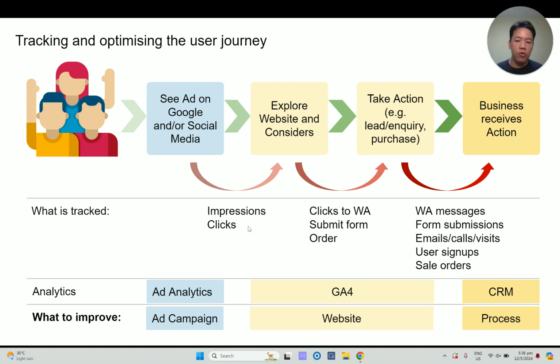So if you are moving more towards the conversion end, and you have high impressions and high clicks, and a high number of actions recorded in your GA4, but your business is actually getting very little actual notification on those actions, that means your data in GA4 does not translate to the actual data you're seeing on your business end. Then, of course, a lot of times the issue could be that there is a disconnect between the website and the